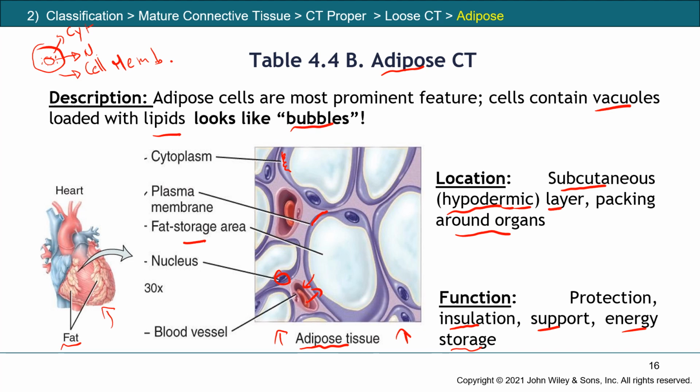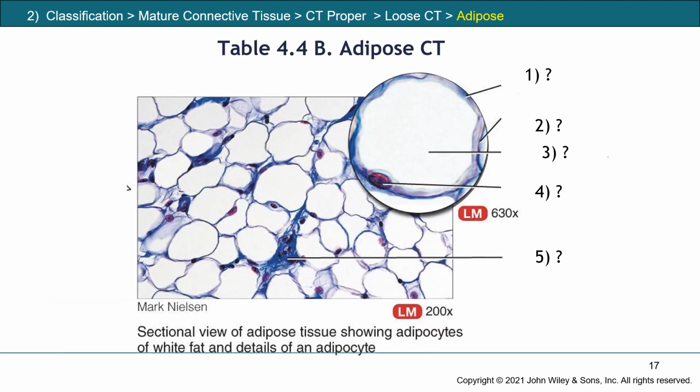Now let me show you a picture of adipose tissue taken from your textbook. Here it is pretty easy. It's almost the same as the schematic. Here you have these structures that look like bubbles in the middle. Here you have the white one that I'm trying to point to. All that region is a vacuole. So outside, you're going to have the cytoplasm, and in number 2 you will have